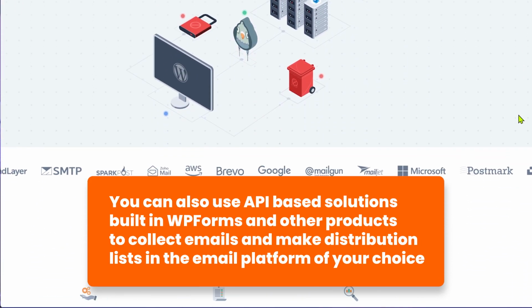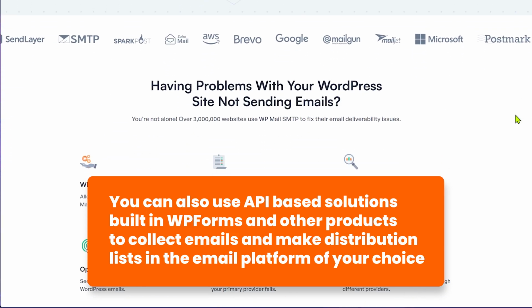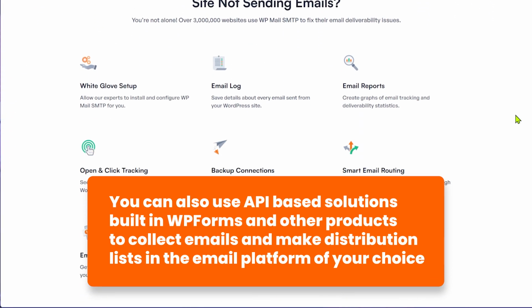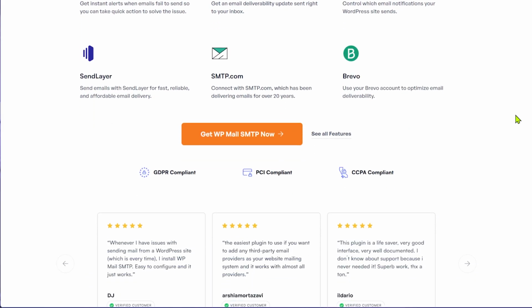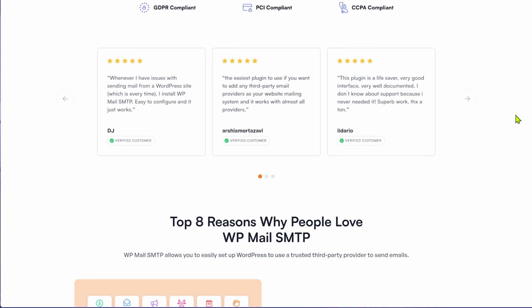I personally use this plugin on my website and I have connected it to Amazon AWS. So technically, whenever I trigger any email going out from my website, my WordPress website connects with WP Mail SMTP, which connects to Amazon AWS, and the emails are actually sent out from Amazon, but they do appear as coming from my website directly. It's a little bit of a technical setup, but it doesn't require a lot of effort.